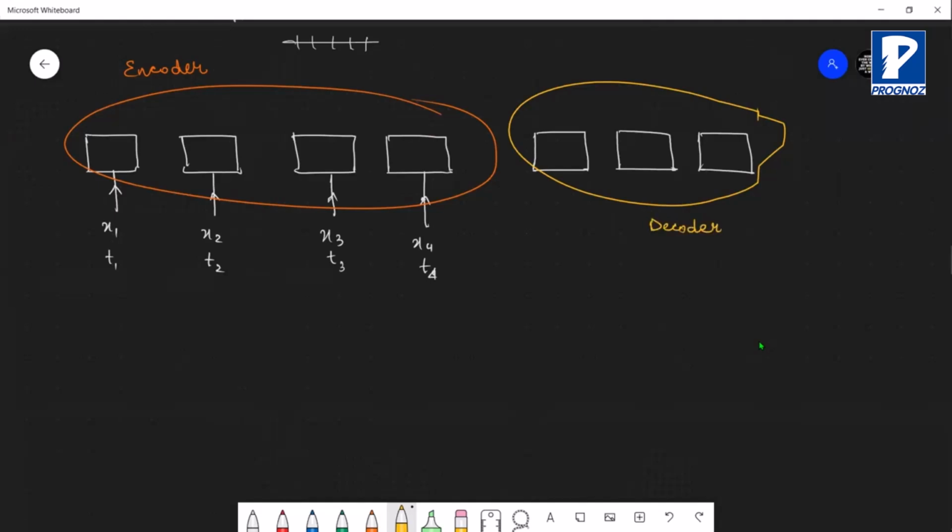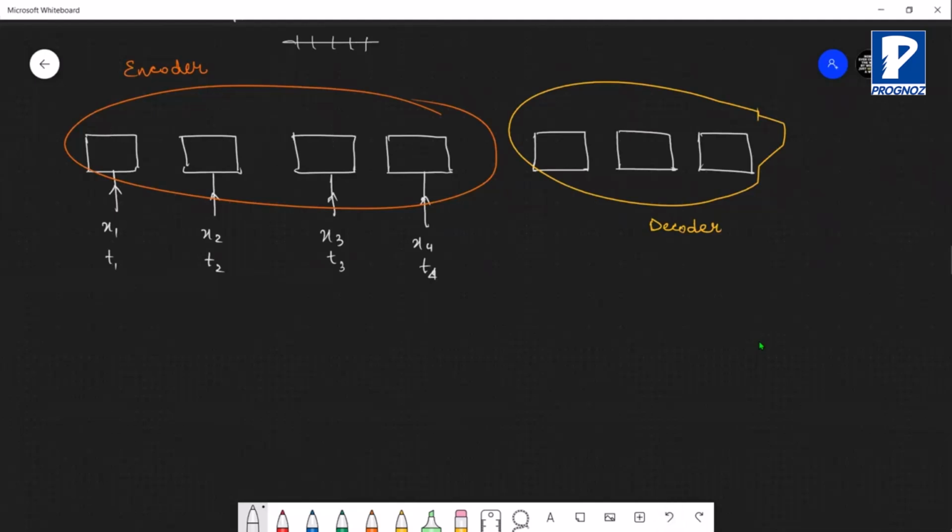Now what happens is, in case of the encoder, you will notice that only the input is passed. We are not having any output. The ideal architecture of an RNN is something like this: you are giving input, you are getting some output, right? You give input x1, you get y hat 1 as the output, and then you proceed. But here we are not getting y1 or y hat 1. In no case are we getting any output. That is the idea of the encoder.